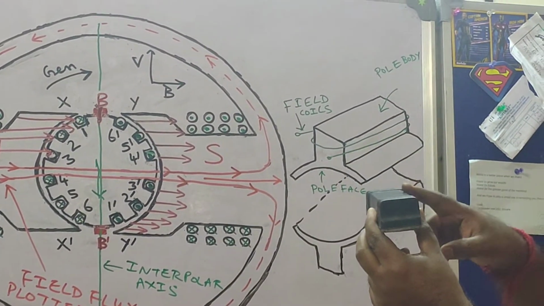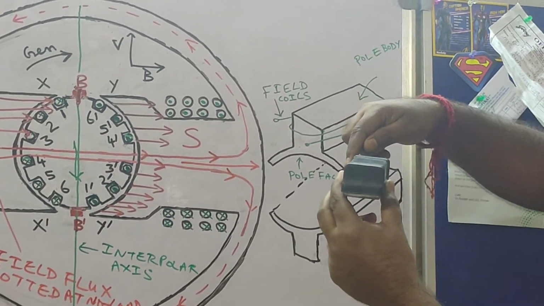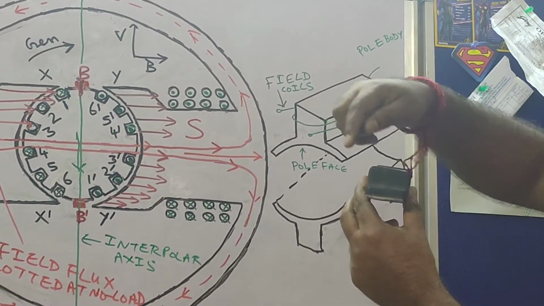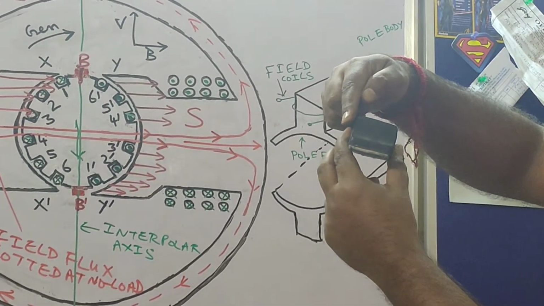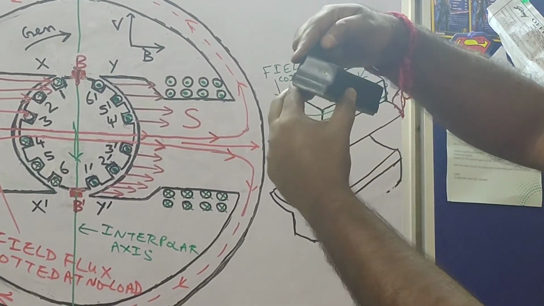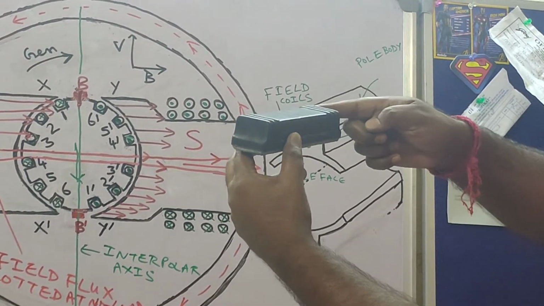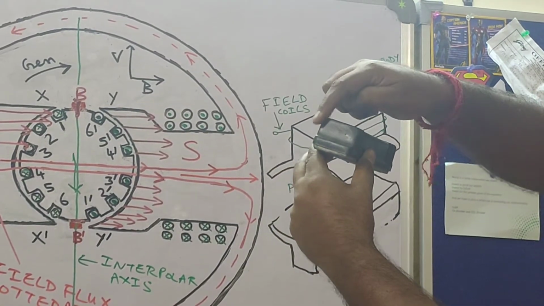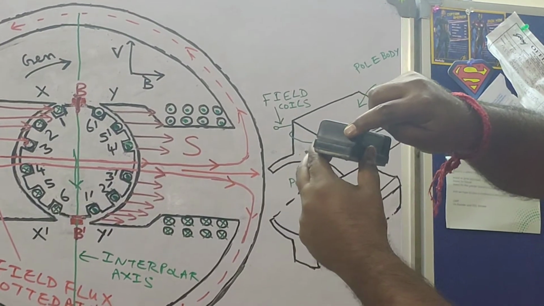So when I am correlating this structure with this, let's say the field winding is first placed from this side and moved over to this side. So how many turns have been made? 1 turn. Let me repeat once more what I am doing. I am taking a coil and starting to wind it over this field pole from this side, from behind, and moving it like this, in the direction along which my finger is moving. I have started from here, and when I come to this point again, I have made 1 turn.